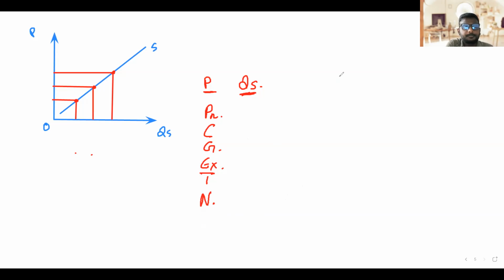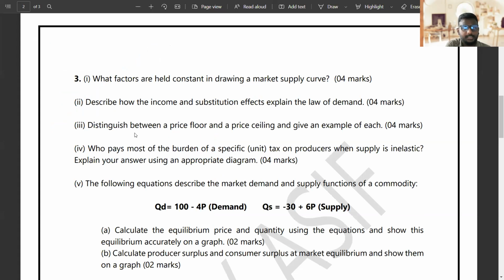And one thing you remember, this number of sellers you can write down only because in the question they have said the supply curve is a market supply curve. If they have given an individual supply curve or supply of an institute, then you can't say number of sellers as a point. If you say it, you will lose marks. So remember that point. Here you can add it because they have said in the question,